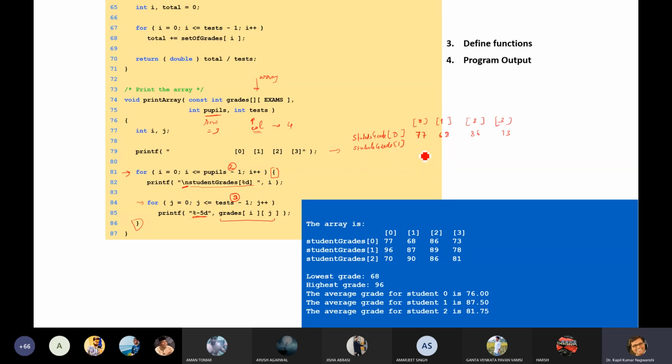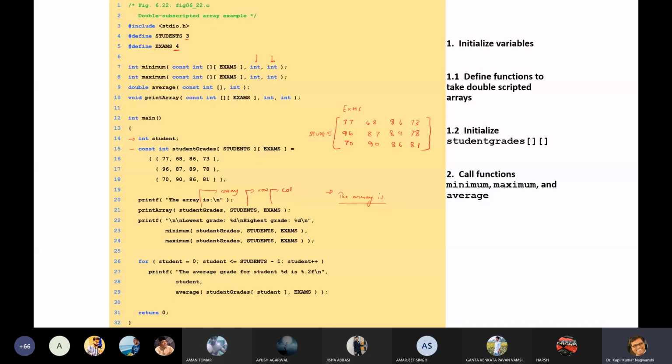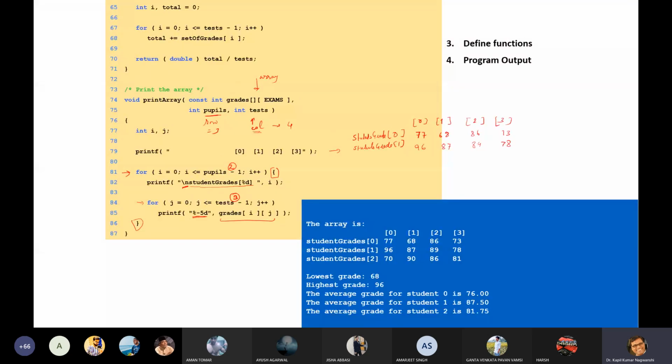So now it will write 96, then 1,1 is 87, 1,2 is 89, and 1,3 is 78. I don't know exactly what is written, but I am using this particular output as it is. Maybe this is written here 96, 87, 89, 78. And now the last for loop, that is student grade, and then 2 is written.